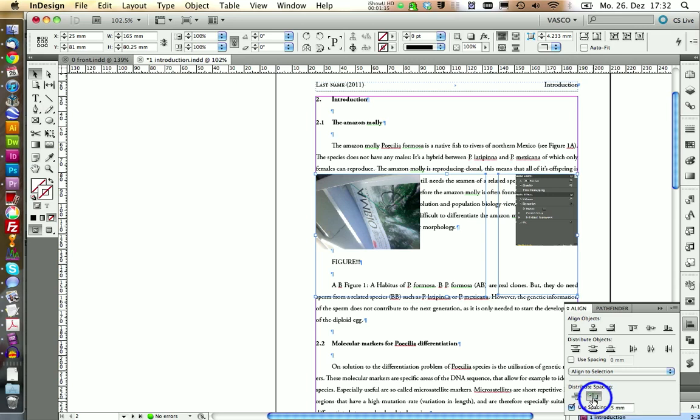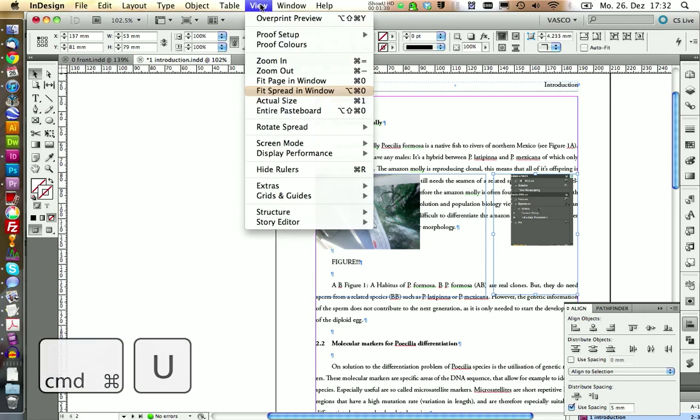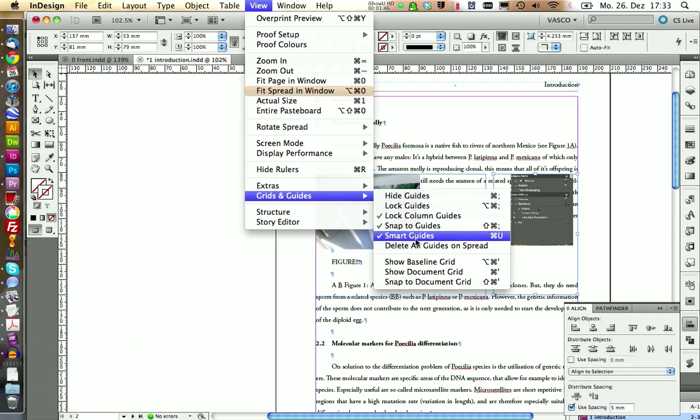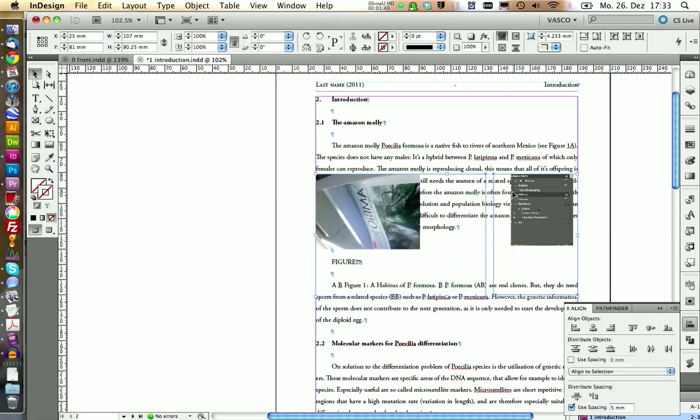So you click this once, it's moved a little bit to the left, and then we can just select this picture and drag it out to the right. You see, it snaps to the border of the text frame because I have Smart Guides activated. You can activate Smart Guides under Grids and Guides, and here Smart Guides. Now we can move this to the side